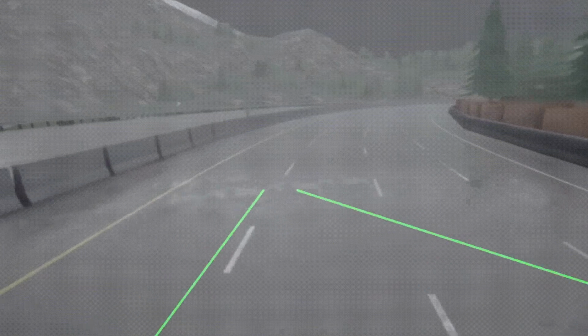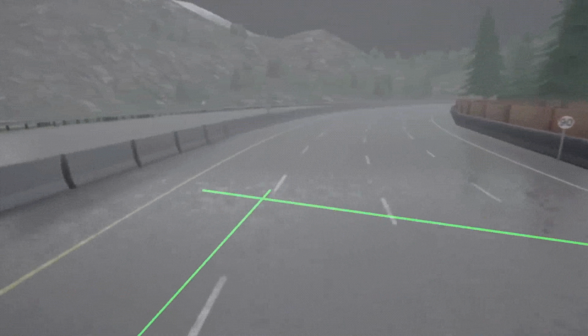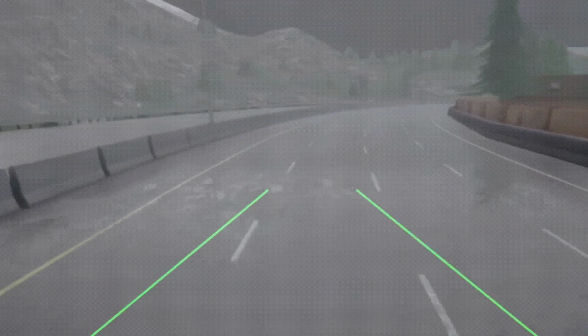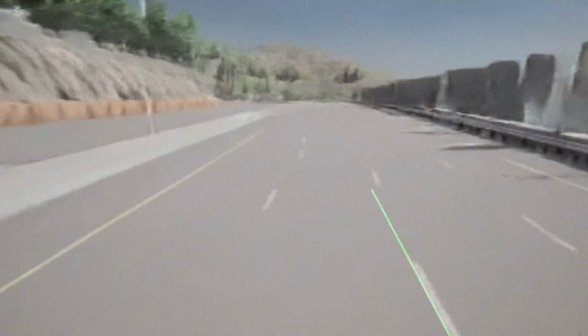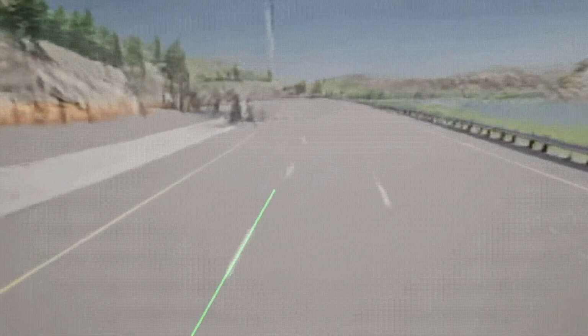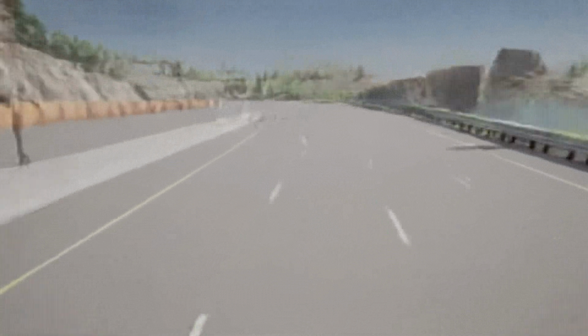So when we move on to our rain, you can see in the rain it just does not find it very well. The lane detector really doesn't even work at all. And in fact, this clip is short because it crashes. But if we move on to our actual rain converted image today, it does have some issues finding the lane